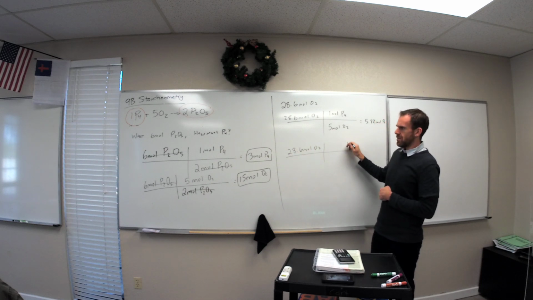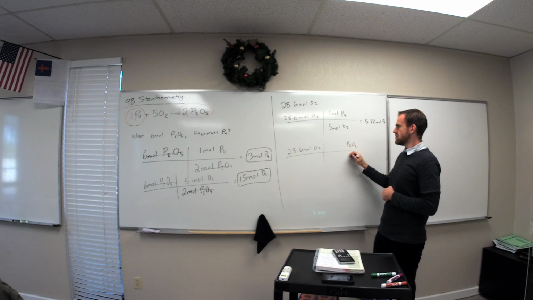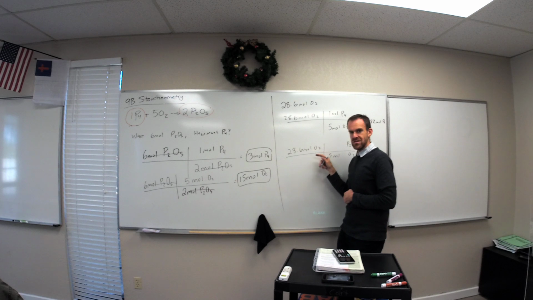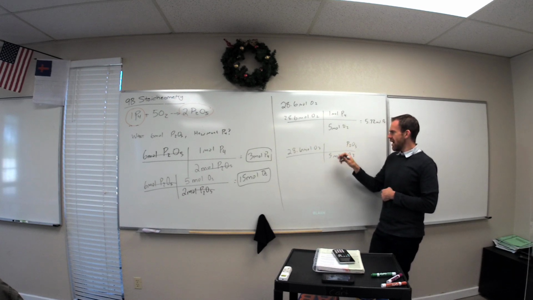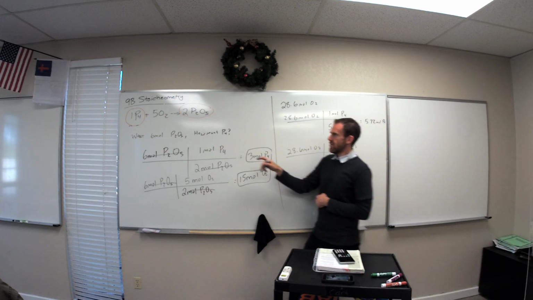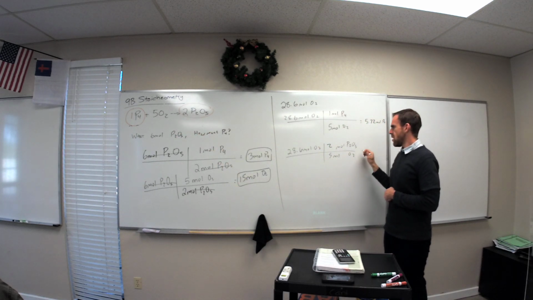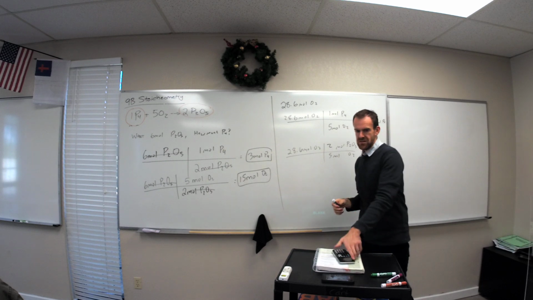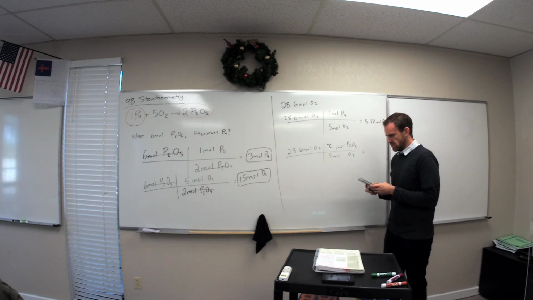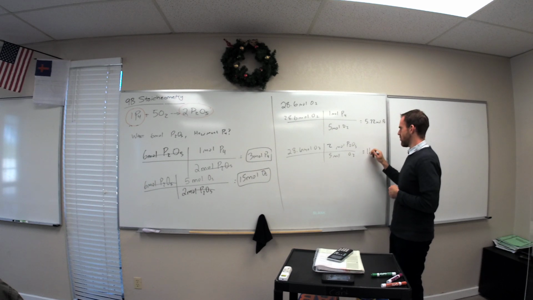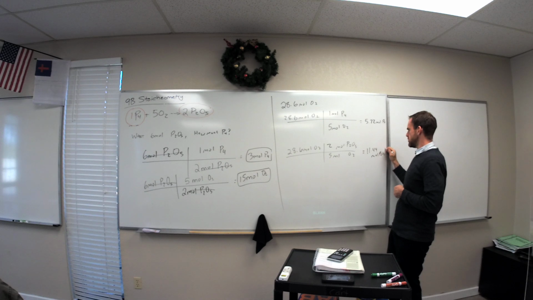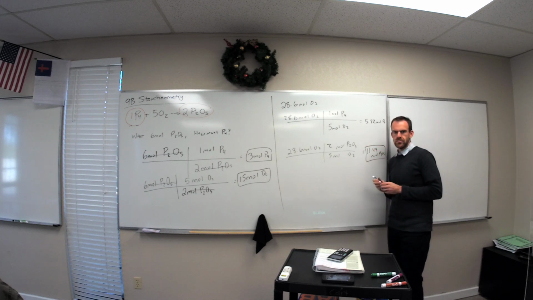So for the P2O5, I'm still going to use 5 moles because I have oxygen, so I need oxygen on top. I know that 5 moles of that go to 2 moles of this. So it's going to be that times 2/5. 11.44. Oh, see, I did that, but then I put